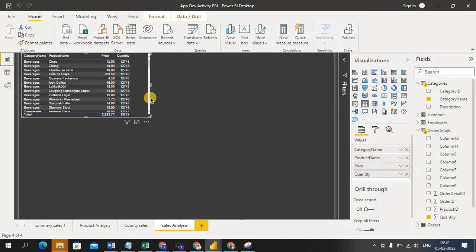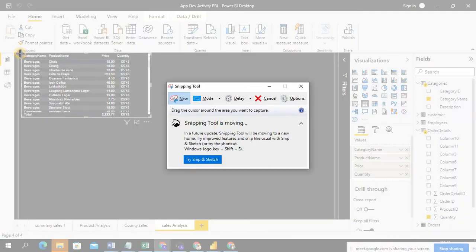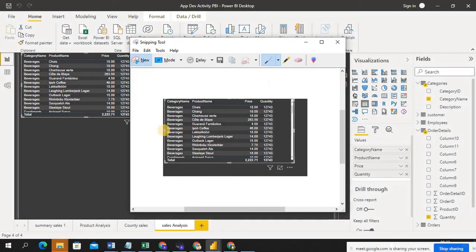If you add the column forcefully to the table, this visualization, because this order table is not joined with the product details table, but I forcefully took that column into this chart. Yes, the numbers are displaying, but you can see the numbers are repeating. What I do here, I take the screenshot. You just see the changes now.